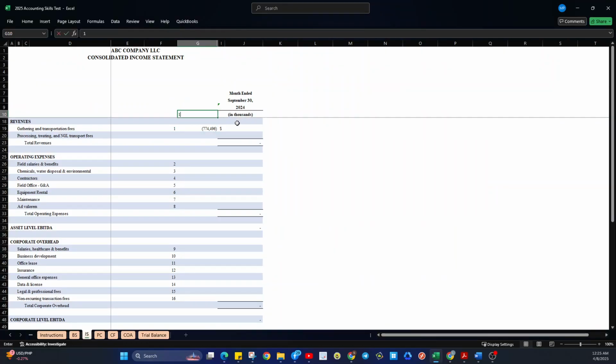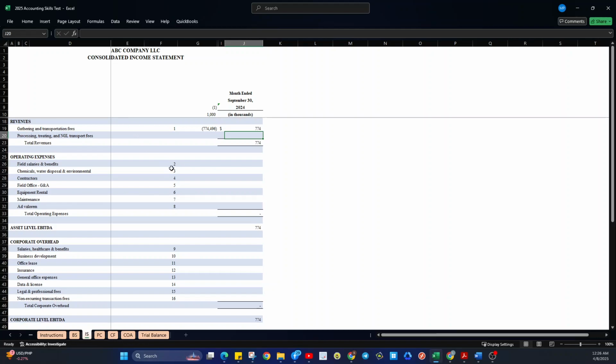And then since this is in thousands, and then just times -1. Alright, so divide this by thousands times 1, and then we put dollar sign.